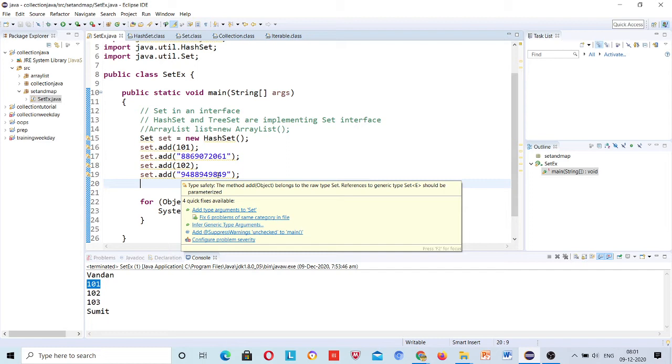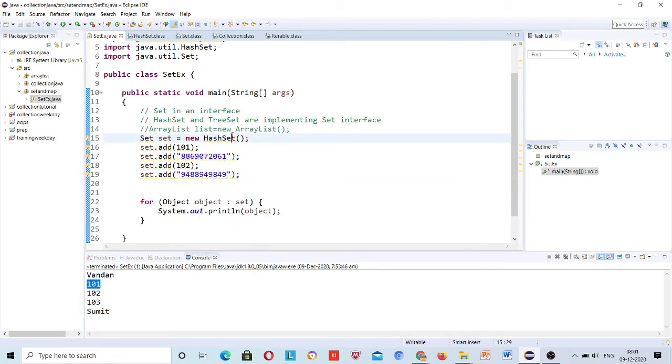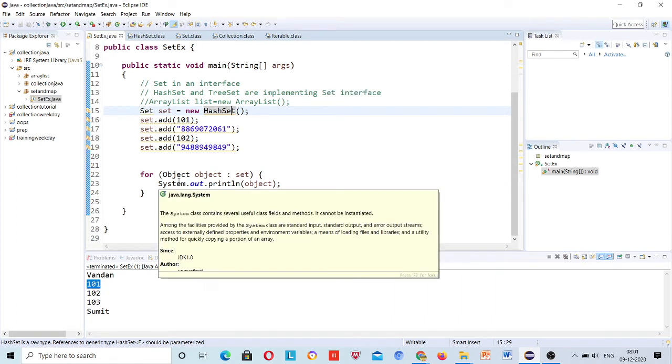And data loss is a very harsh thing nowadays, right? That's why if you are not sure whether you have to store duplicate values or not, or the requirement is not confirmed, it is better to use the array list. This is about that, right?